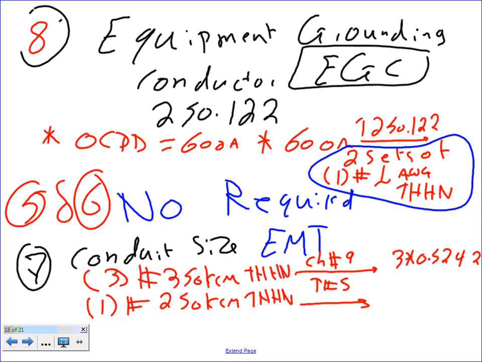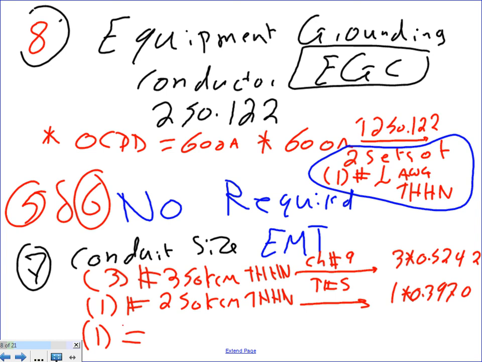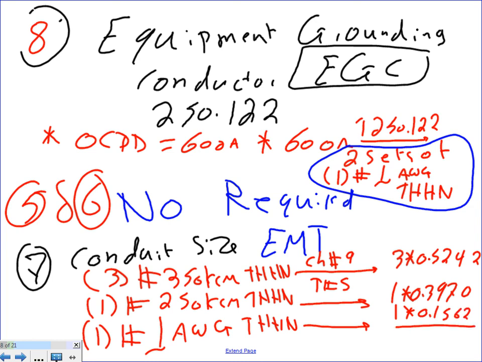Same calculation. 1 times 0.3970, I think, or is it 0.3970? Thank you. And the last one, what do you think the last one is for? The ground. So this is a number 1 AWG THHN all the way. 1 times 0.1562. Add them up, and that will get you a healthy